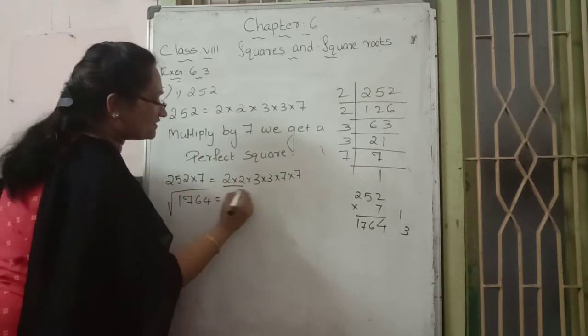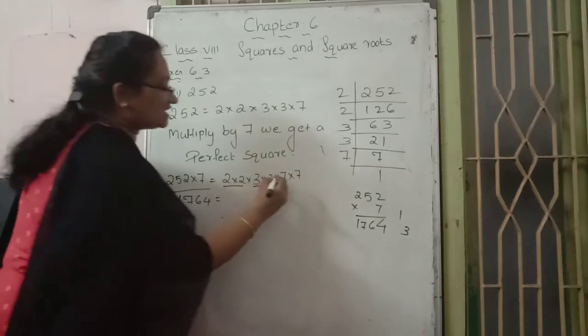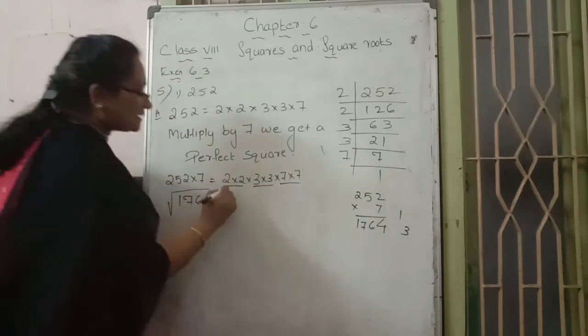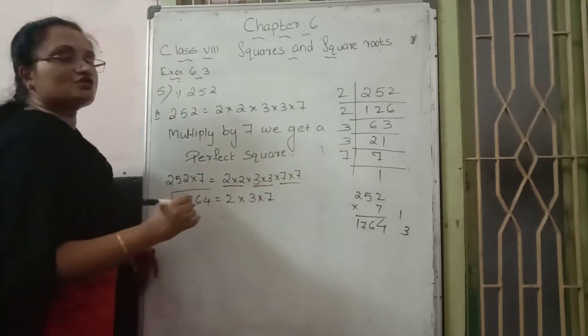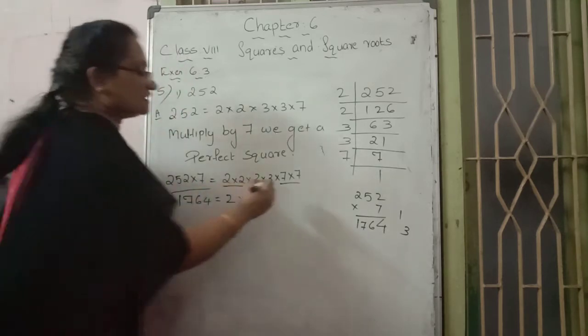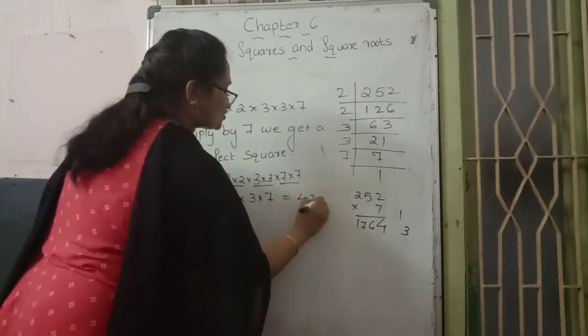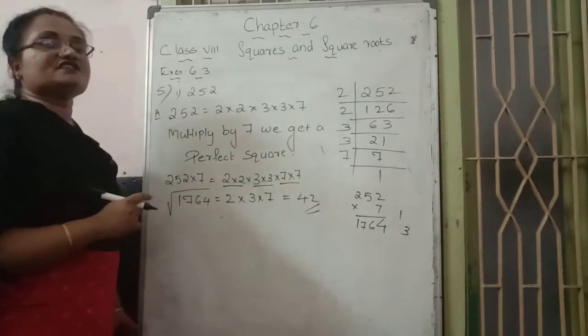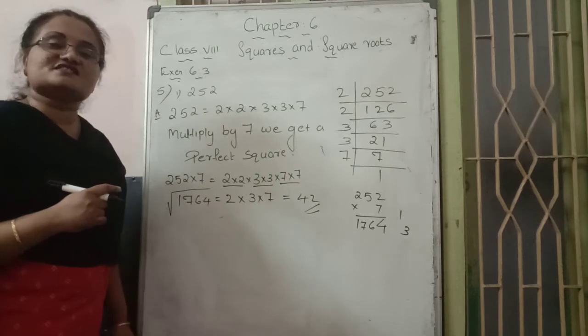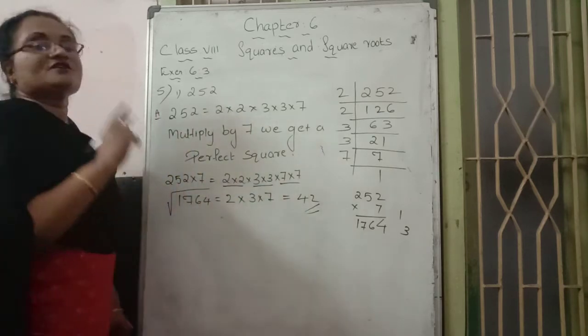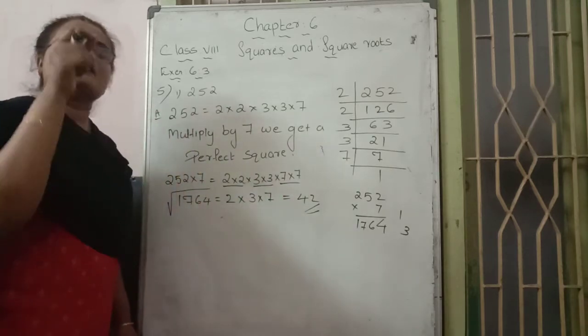Pairing them: 2 has a pair, 3 has a pair, 7 has a pair. From each pair, take one number outside and multiply. 2 threes are 6. 6 into 7 becomes how much? 42. So what is the square root of 1764? 42 is the square root. So 42 multiplied by itself, we get